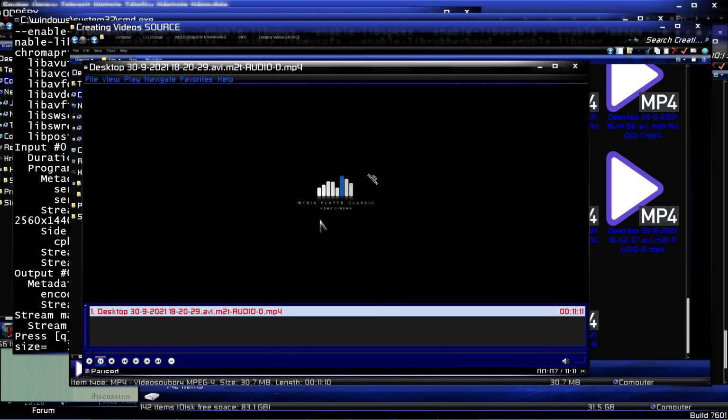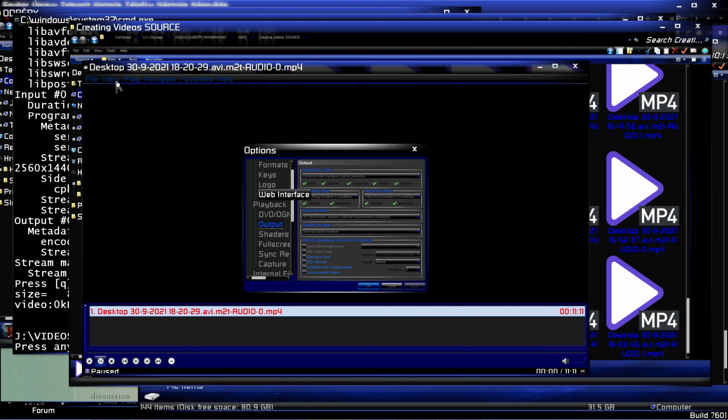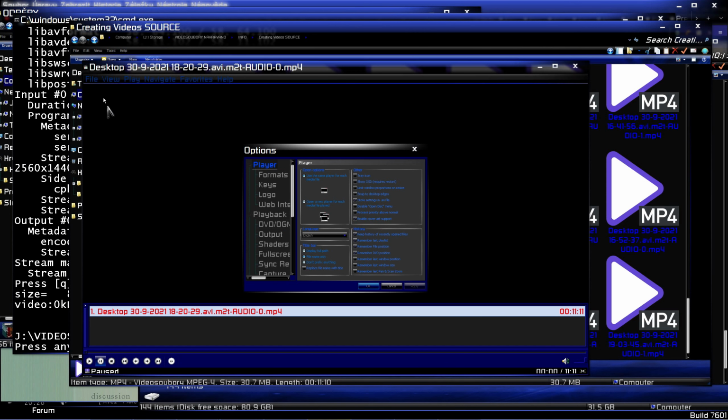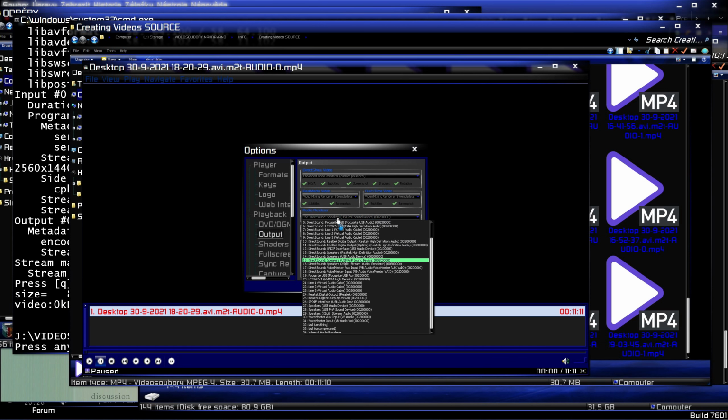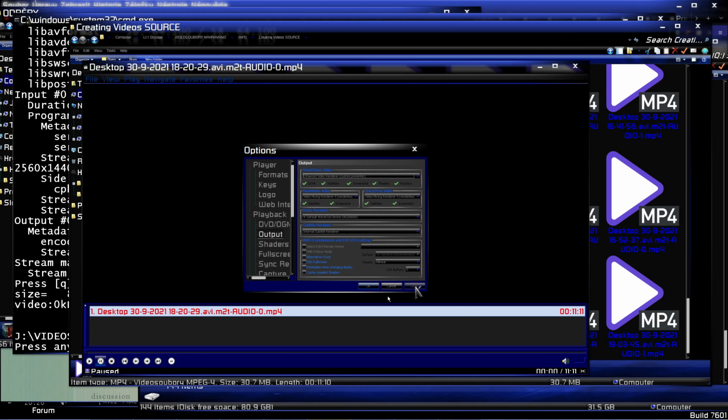Let me pause the video. I'm going to check it out in my own spare time. Here we go. I found it in view. I think there were options in view, which was a bit insane. And here we go to output, and I can see the USB PNP sound device, which is a sound device that I use only as an output for my headphones. That's not recorded. So let's select something else. Let's select default wave, and by pressing OK now,